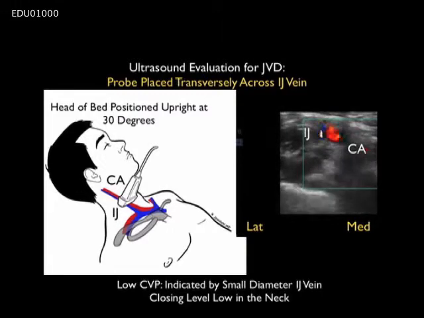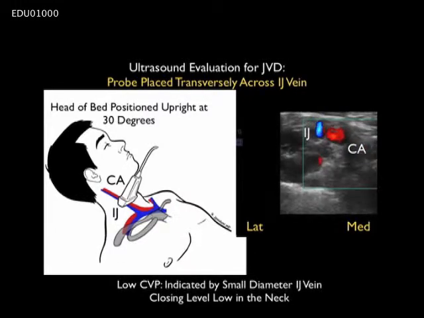Now let's take a look at the jugular vein in a patient who presented with hypovolemic hypotensive shock. We see here the probe is in a short axis configuration across the internal jugular vein, and we notice a very small IJ vein that almost completely collapses during inspiration, indicating a relatively low CVP and the need for immediate